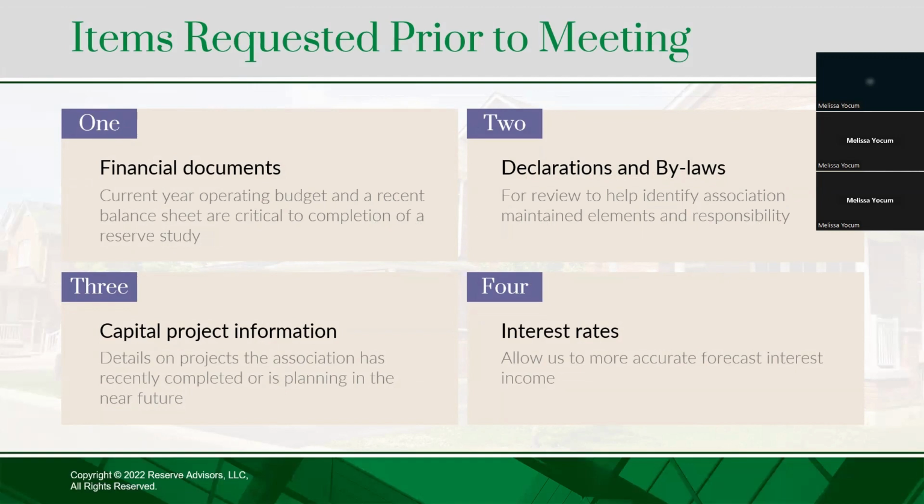We're going to ask for those legal documents, so the declaration and bylaws, but again, we know they're not always crystal clear, so we will work with you to make sure that we're all aligned and on the same page with what components are commonly maintained. We're going to ask for the capital project information. So if you've recently completed projects or if you have those planned projects, we want to take a look at those. We want to understand, if you tell us you replaced the life safety system, well, what does that mean? Did you replace all the devices? Were the exit signs replaced? Or was it really just the control panel, right? So we want to understand what was done. And same for any planned projects, what you intend to do.